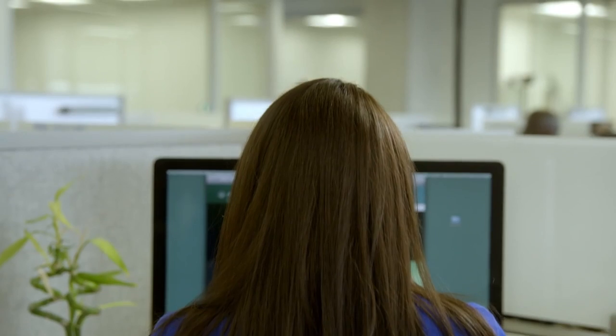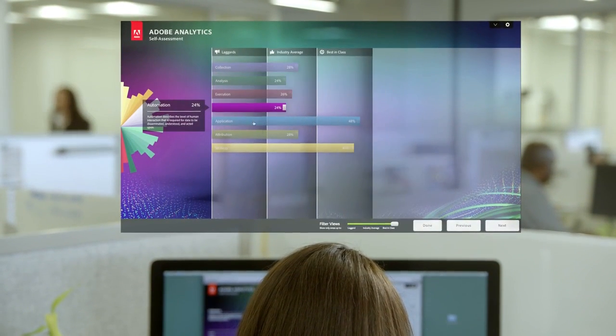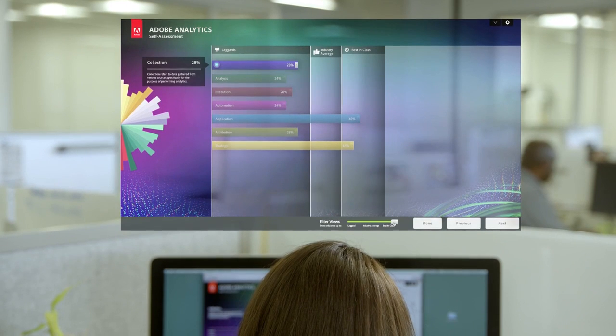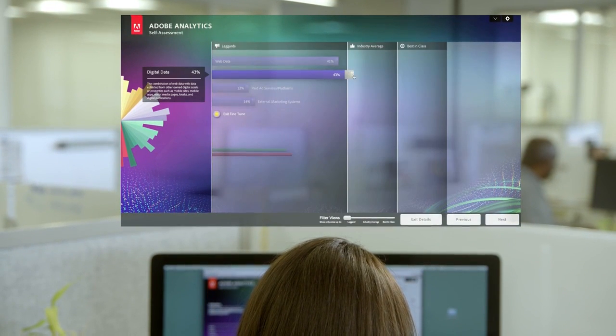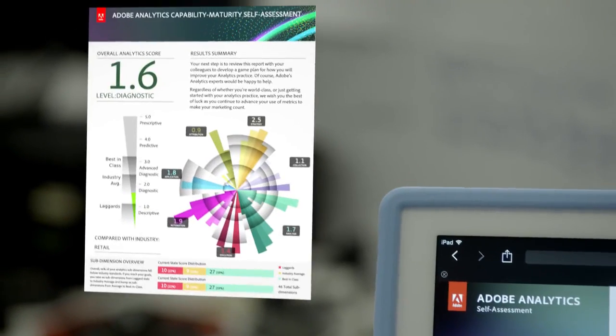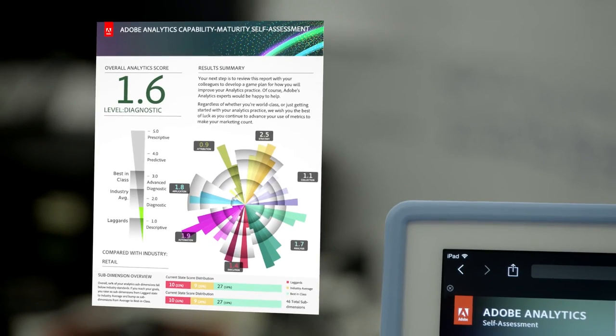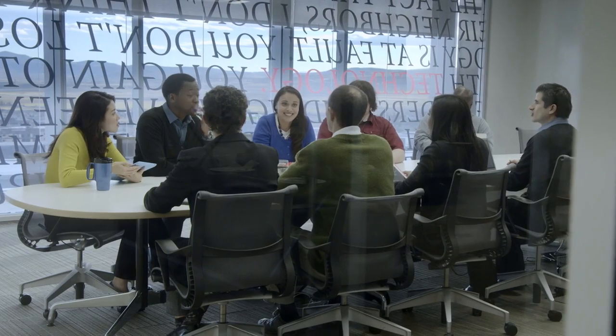After completing the self-assessment questions, team members are presented with a goal-setting activity, which allows them to review their scores compared to the benchmark scores and set goals in the areas they feel need improvement. Once complete, each team member receives a copy of their personal results via email. In addition, their scores are instantly added to your group view of the assessment. The next step is to gather the team together.